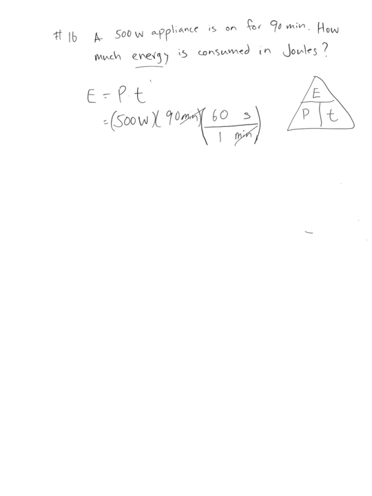So 500 times 90 times 60 divided by 1 is 2,700,000, and energy is measured in joules. So that's number 16. And number 18,